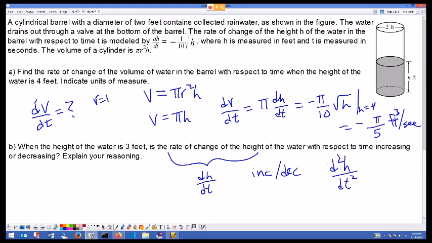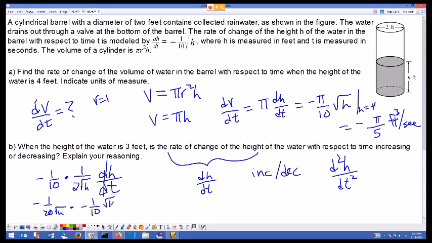So you've got to find the second derivative with respect to t. The derivative of negative 1/10 root h with respect to t, well, that's still just a negative 1/10. The derivative of root h is 1 over 2 root h. And since we're taking the derivative of h with respect to t, that adds in another dh dt attached to the end of it. So now what we've got is negative 1 over 20 root h times negative 1 over